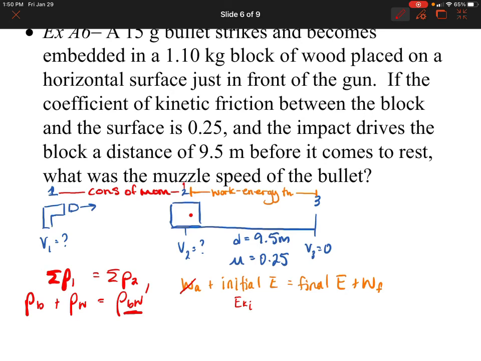So really the initial applied force just gave it initial kinetic energy, so that's in there. There's no final energies, right? Because at position 3, it's come to a rest. There's no gravitational potential. There's no spring potential, but there is work done by friction. So really, this whole thing becomes initial kinetic energy is equal to the work done by friction.